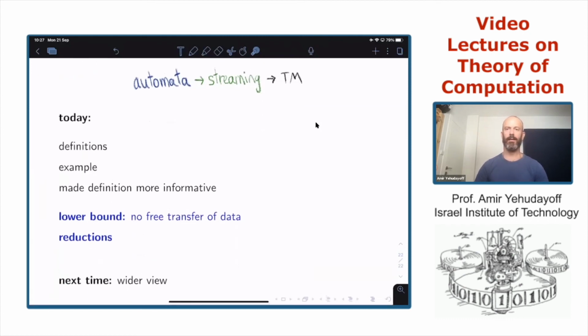The next talk will talk about streaming, but from a wider perspective. And it will be, again, slightly less formal than this talk, where we gave formal definitions and we saw how to use the definitions in order to prove something. So I hope to see you in the next